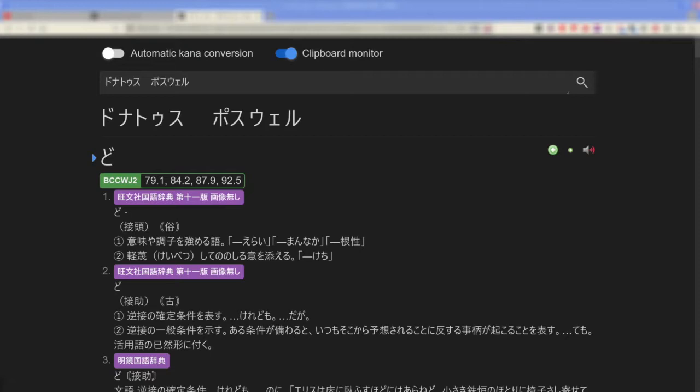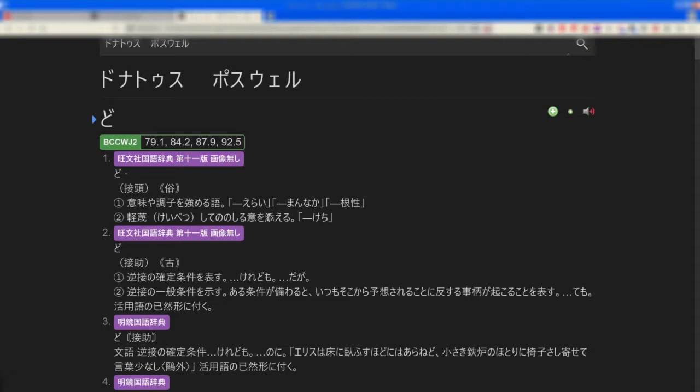But I found myself having a lot of trouble when I was trying to make the transition with Yomi-chan. At first, I tried just having the monolingual definitions, but that really didn't work out for me too well because I had too much trouble understanding the definitions, and it just slowed everything down. I had trouble sentence mining because I didn't want to mine something if I didn't understand the definition for it. It just slowed the entire process down. It wasn't fun at all.